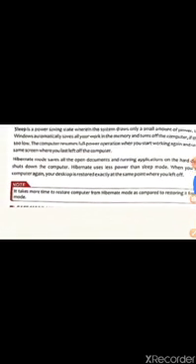What is this hibernate mode? Hibernate mode saves all the open documents and running applications on the hard disk and shuts the computer. So whatever you are working on will be saved to your hard disk, and the computer will be shut down. Hibernate uses less power than sleep mode. So hibernate is closing of the computer. That's why it will be using very little power. When you start the computer again, your desktop is restored exactly at the same point where you left off. Meaning if you kept 3 to 4 documents open, those many documents will be open.